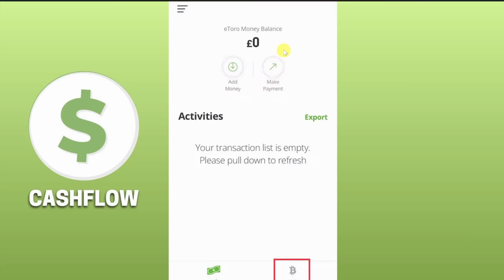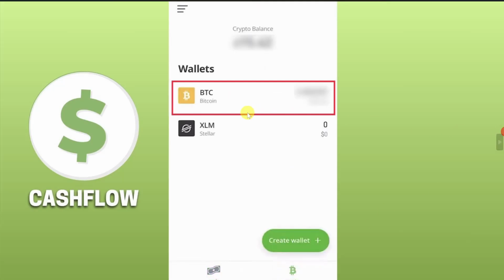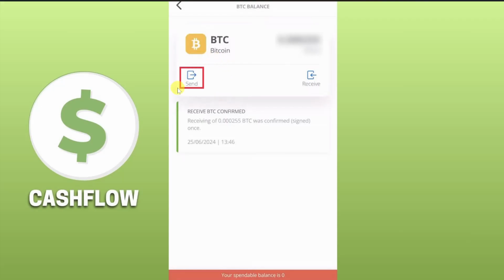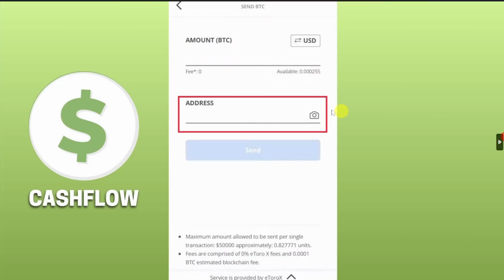And once you have transferred the crypto, you need to open up your Etoro Money app and then click on this crypto option from the bottom of your screen. Then from this list of cryptocurrencies, you have to select the cryptocurrency that you are going to transfer. On the screen, you have to click on this send, and after that you have to paste the wallet address